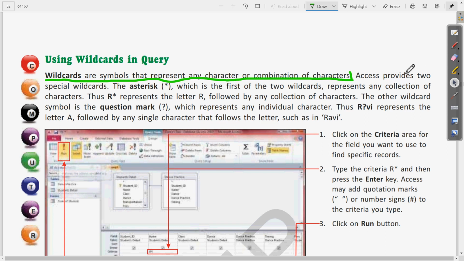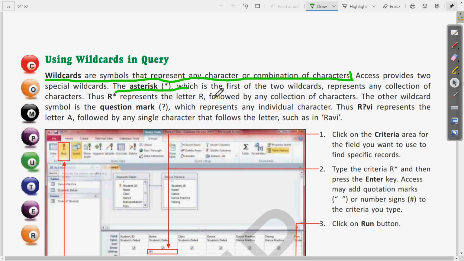Then we have to write the two types of wildcards also. So write the answer point wise. The two types of wildcards are, the first one is the asterisk.